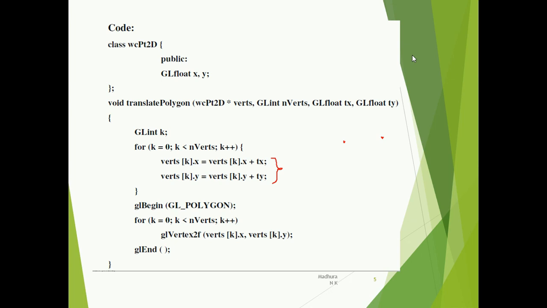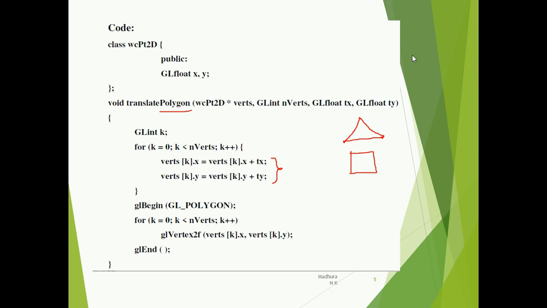If you are going to move a polygon, here you are especially concentrated to move a polygon. Then a polygon will at least have three vertices, starting with three vertices. Then it may have 4, 5, the number of vertices may increase, depending on the object you want to move. But here we have considered a polygon, that's why we need a for loop. So for k is equal to 0, k less than number of vertices, k plus plus.